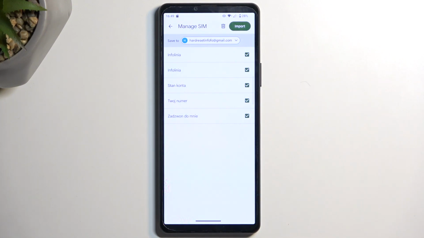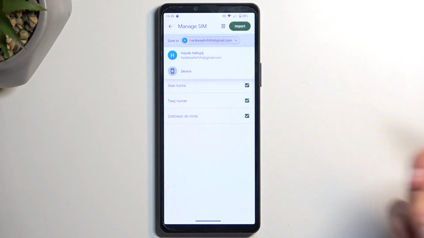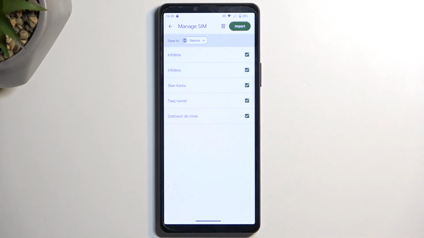Now, if you have a Google account logged in onto the device, it will give you this option, Save To, and it will automatically opt into that Google account or one of them if you have multiple. So you can tap on the drop down and select whichever one you want. Now, additionally, you can also select to import your contacts to the device, which I will do just to